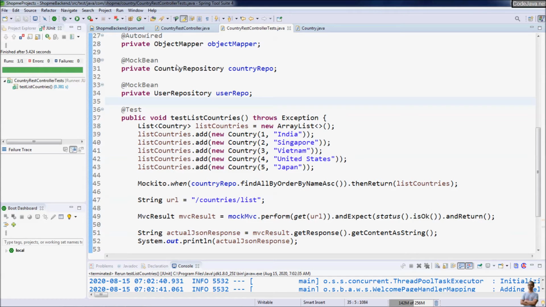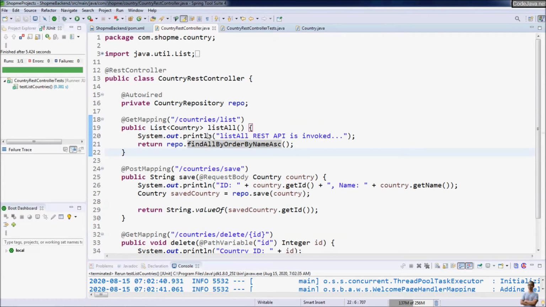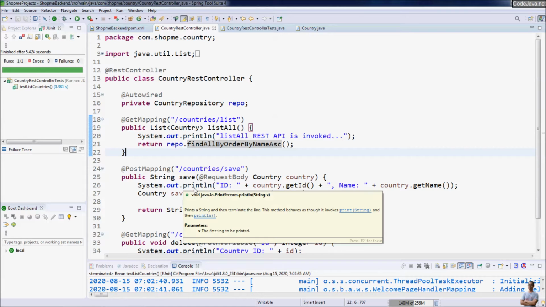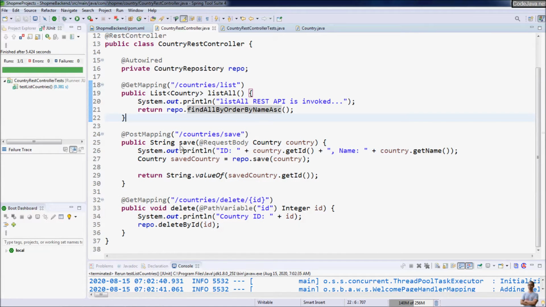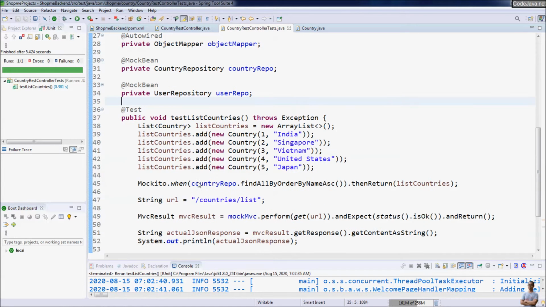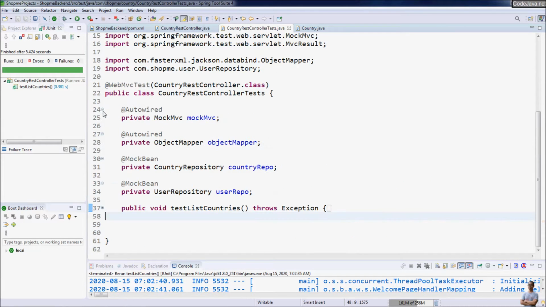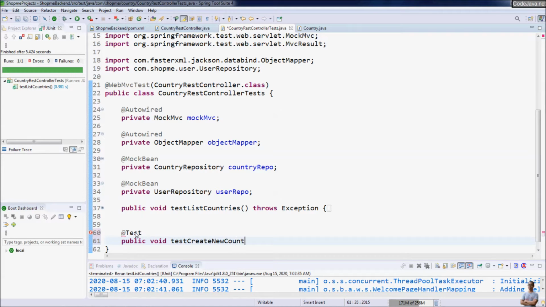Next, we are going to write another unit test method for testing the API for creating a new country here in the save method in the controller class here. So we write another test method, test create new country,